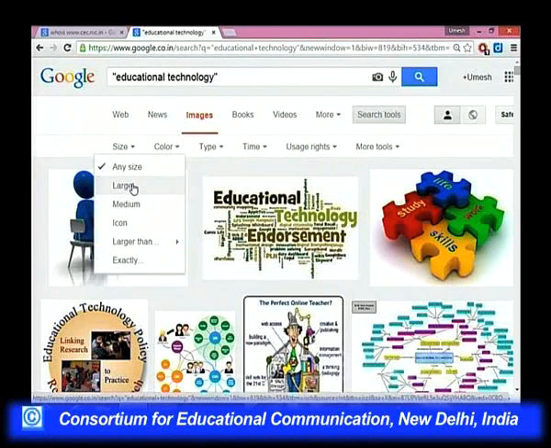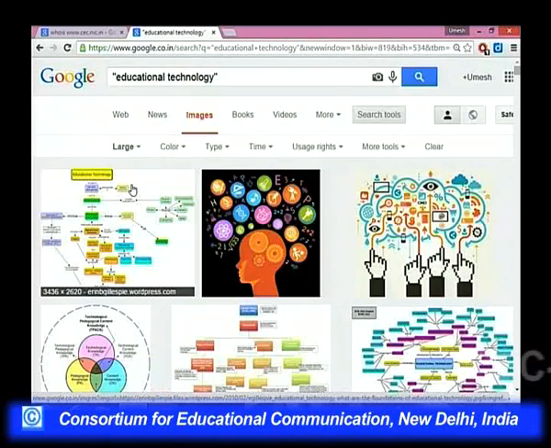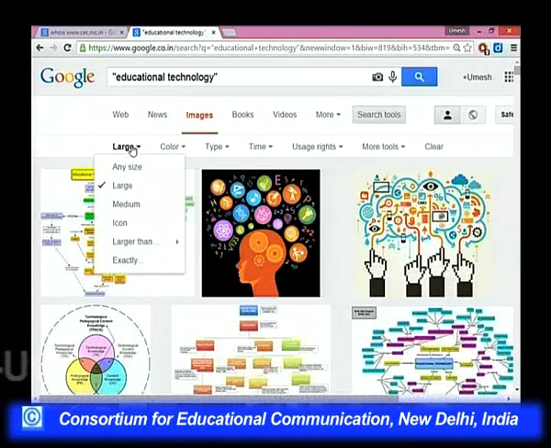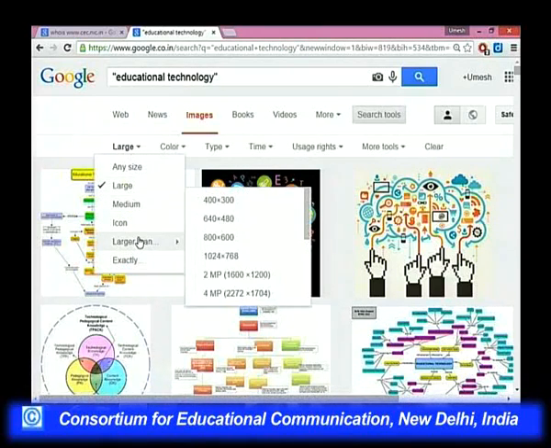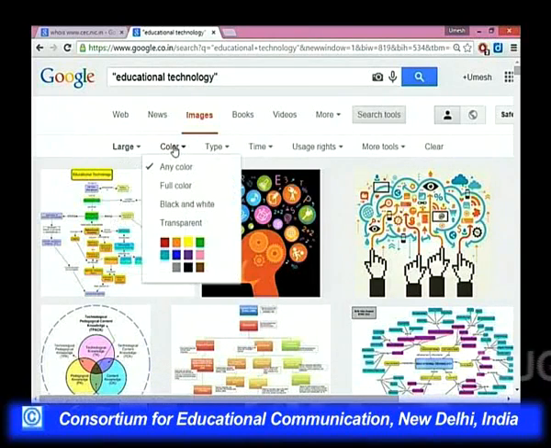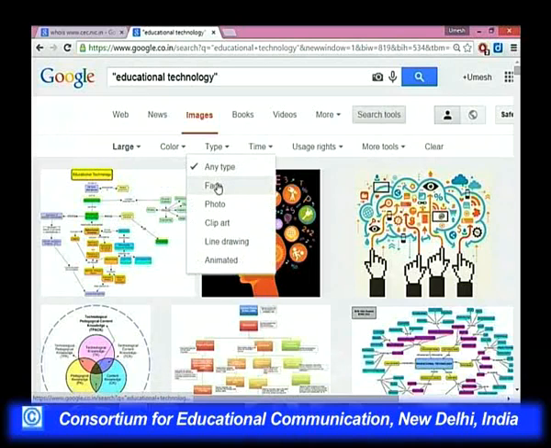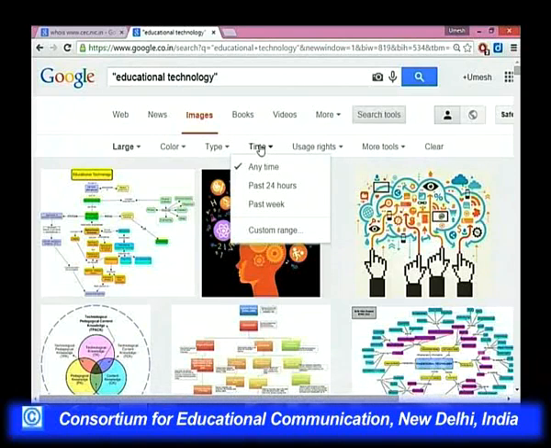If you want big size, larger, so click larger, medium, icon, and larger, then you can specify the specifications here. So, that is very good, and color you can select, and whether it is a face, photo, clip art, animated, line drawing. So, it is another sub filtering of the information. Again time, it is the same, custom range.